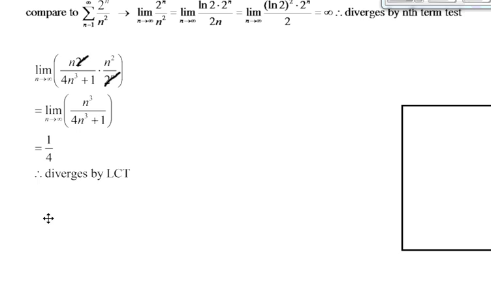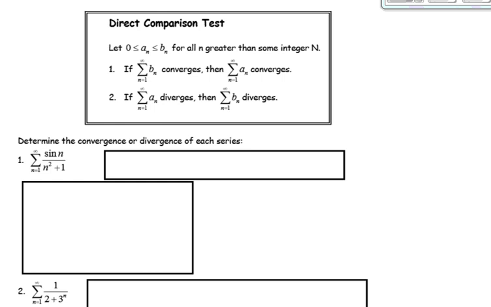But there is another test that's a comparison test that we need to make sure and understand, and that is the direct comparison test. Okay, so the limit comparison test, as it says in the name, it's comparing and you're taking a limit. The direct comparison test is not going to involve a limit. It's directly comparing the series to a comparison series. So what this states,